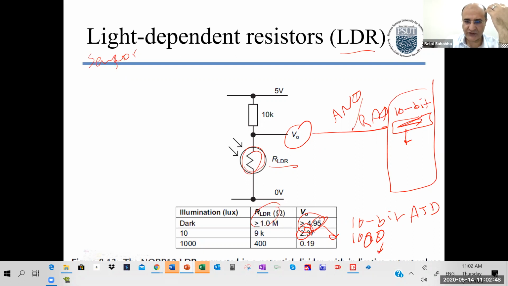So at 2.3, if we're reading voltage range from 0 to 5, then this 2.3 will be something around 512, right? Medium dark, if you want. Fully bright, the voltage is going to be very small. The reading will be less than 100. So you can say if then else. If you want